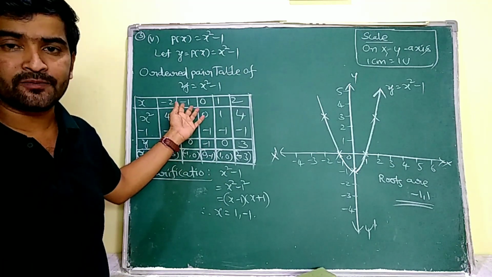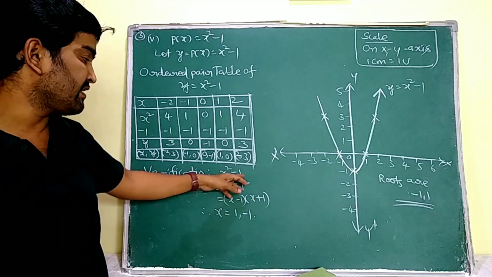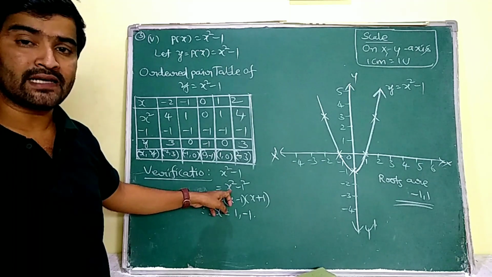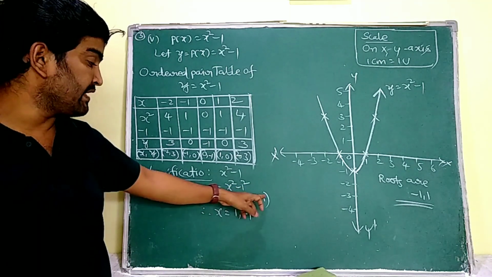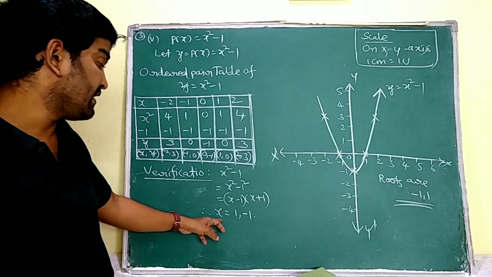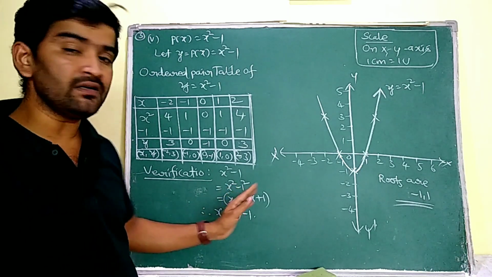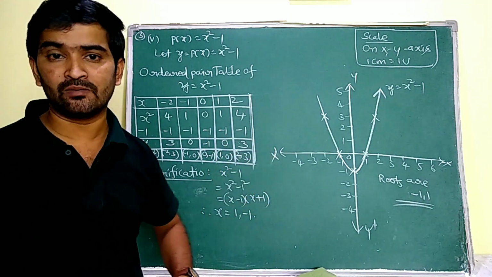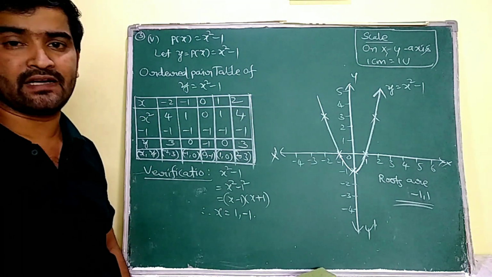Before going to write the ordered pair table, in general we are going to do the verification. Here x square minus 1, no, this 1 is expressed as 1 square. Now it is x square minus y square, ma. That x plus y into x minus y I am going to write. So here x value is 1 comma minus 1. That means I am going to consider one value left side, that minus 1, and one value right side, that plus 1, ma. That is why minus 2 to plus 2 I am going to consider for x values.